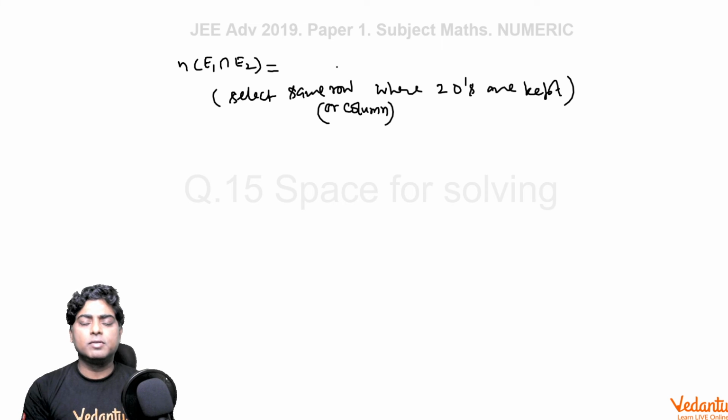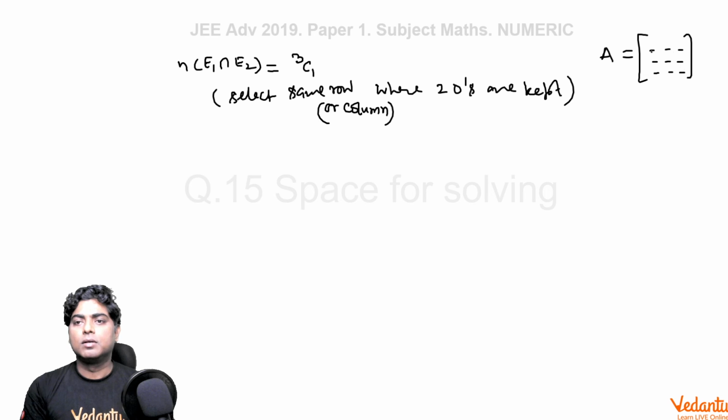So in how many ways can we do this? We need to find one row. I'm thinking about taking a single row out of the three rows in A. Row 1, row 2, row 3. We need to